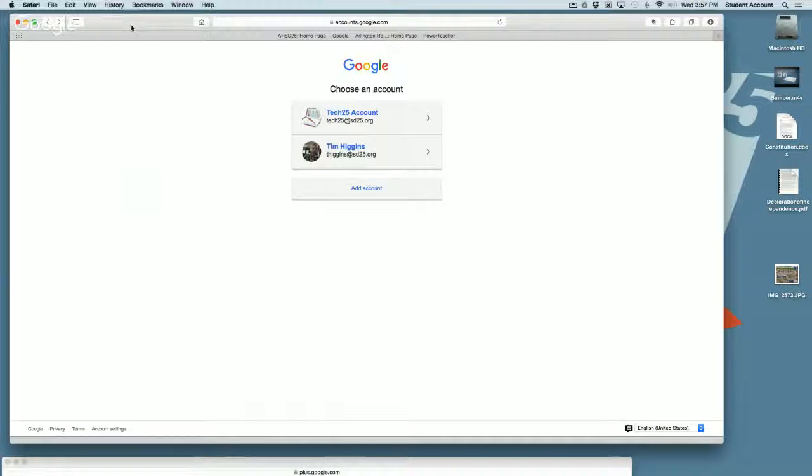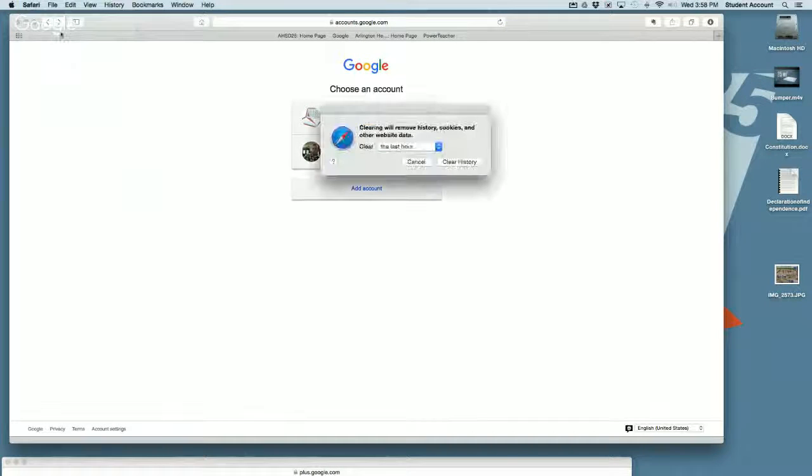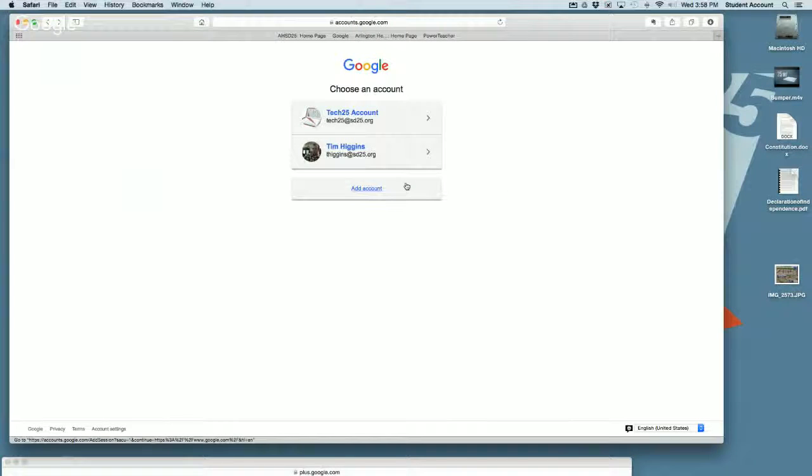So if you ever come across a page that you think should be updated, but it hasn't updated yet, or you get into this loop where you think you should be adding a new account, but it's taking you back to the same page, one thing that you can do in each browser is they have an option to clear the website data or some of the cache that's been stored up. So in this case, in Safari, it's under the main menu. And you can remove the history of the cookies and other website data based on a certain time frame. When you do that, it will refresh, and you can try to load your page again and see if that works.